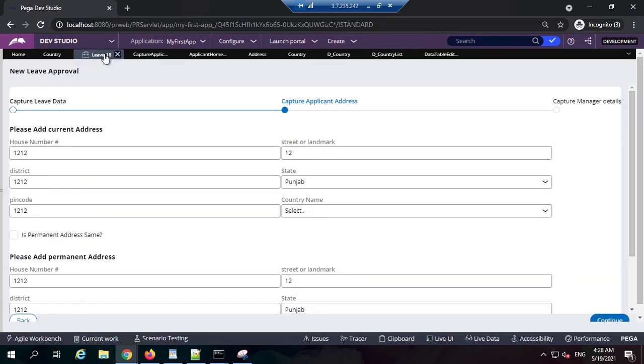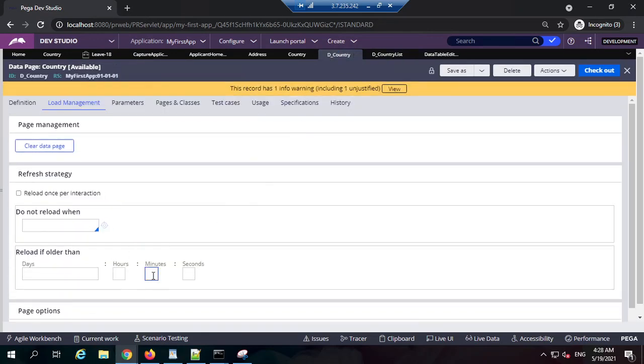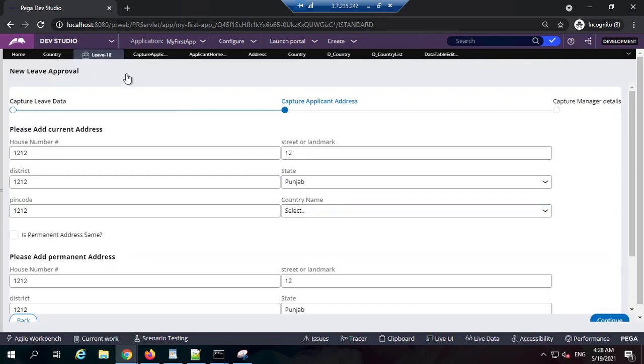Suppose I am using this data page in Lee 18, of type, let's say, requester, and simultaneously I created Lee 19. Let's take 1 minute. If I put 1 here and make it requester, it will be refreshed based on the requester session I'm using on Lee 18.